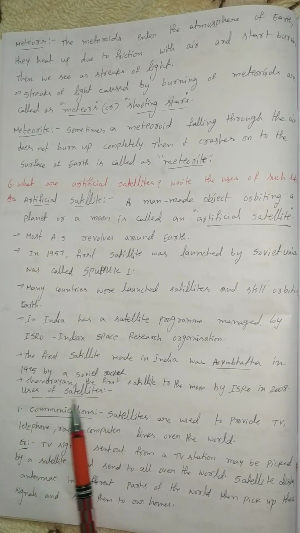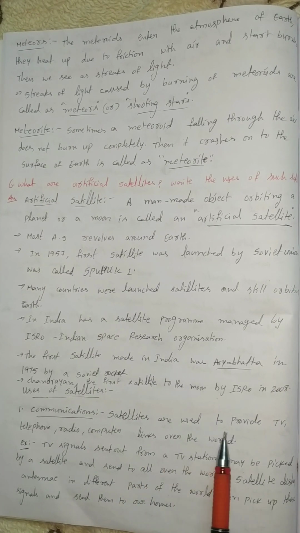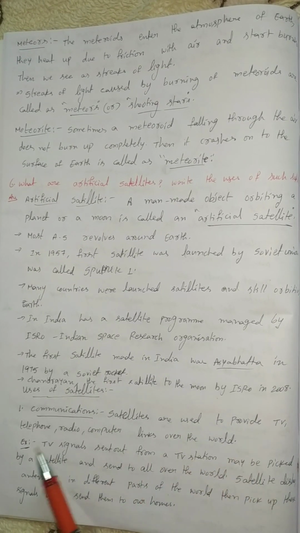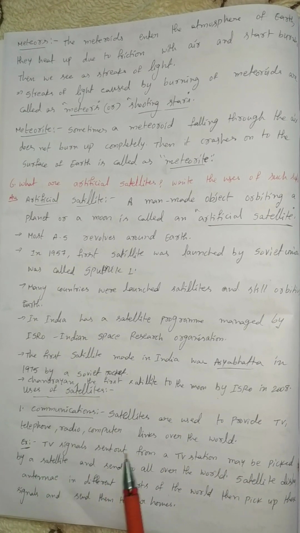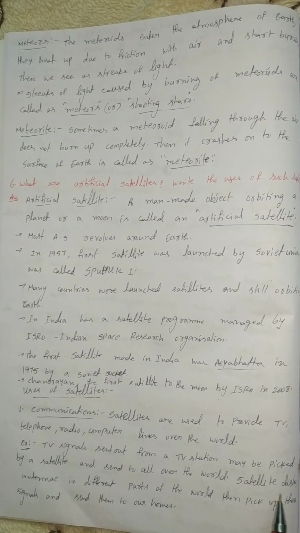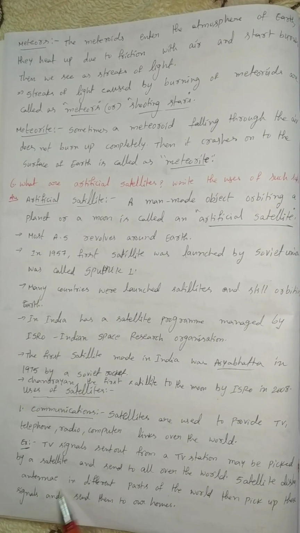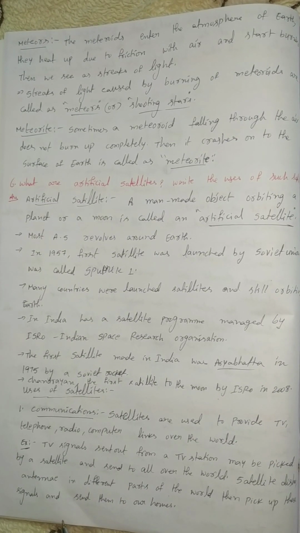What are the uses of satellites? First one, communications. Satellites are used to provide television, telephone, radio, and computer links over the world. For example, a TV signal sent out from a TV station may be picked up by a satellite and sent all over the world. Satellite dish antennas in different parts of the world then pick up the signals and send them